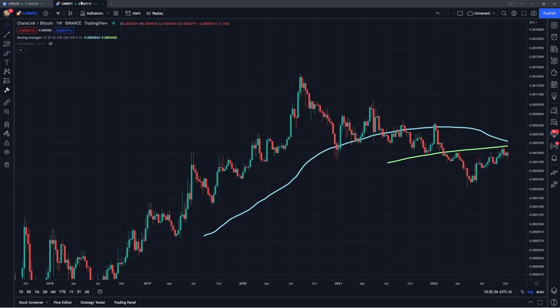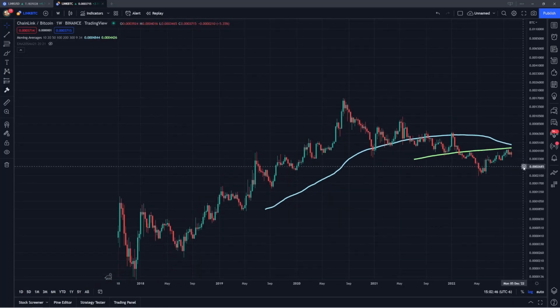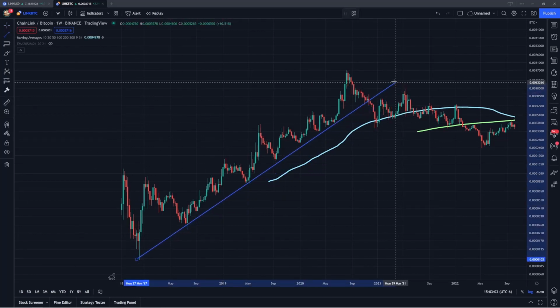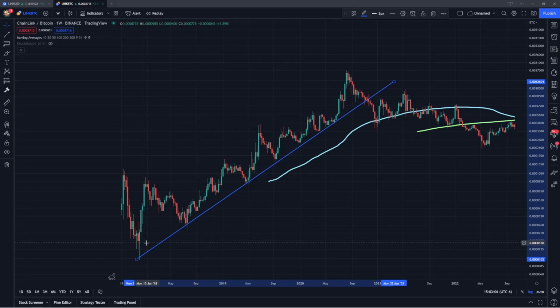So now I'm going to switch over here to the Chainlink Bitcoin ratio, which I've been talking about very extensively in all my Chainlink videos, because I think this chart is very important to consider. When I'm looking at Chainlink and scrolling out to basically since its inception, Chainlink has had a history of incredible outperformance with respect to Bitcoin. Going back from 2017 to the DeFi summer of 2020, it had an incredible outperformance with respect to Bitcoin. It was in a very consistent and steady uptrend, outperforming Bitcoin throughout that entire accumulation zone. And those are the days that I want to see return with Chainlink.